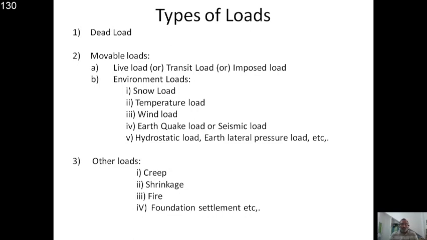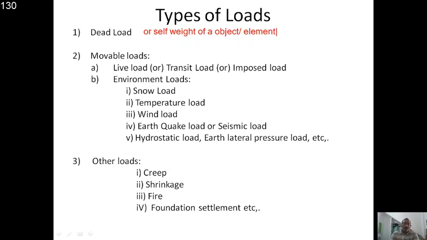The dead load, or you can say self weight, the dead load is also known as self weight. So self weight of a structure or an object or a structural element. As a person, when you are sitting, your weight is considered as a dead load. As a person, if you are moving, then your weight is considered as a movable load,